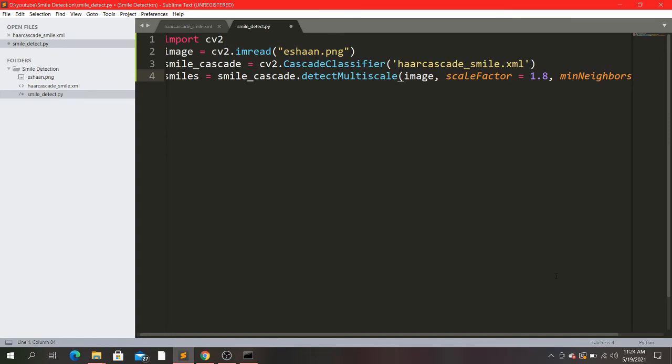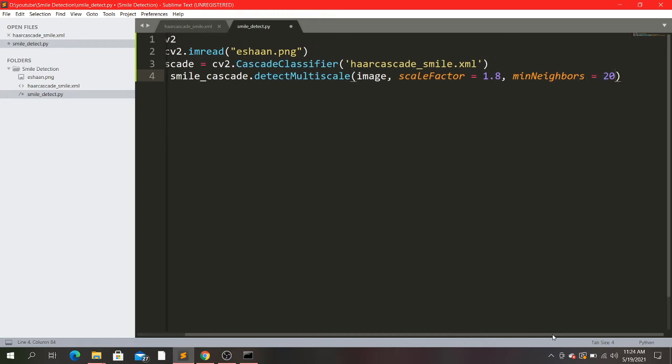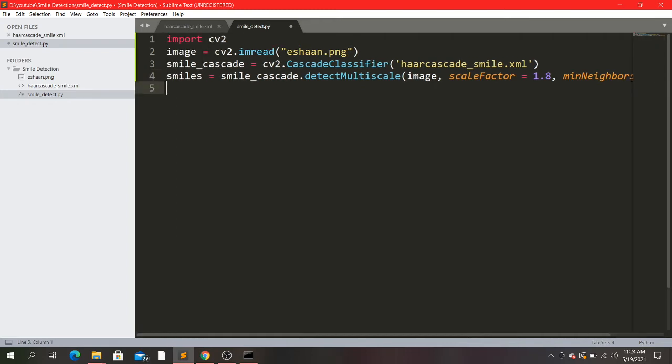Okay, now we have detected our smile in the coding part, but we have to show that to the user. To show the detected smile, you will do this.